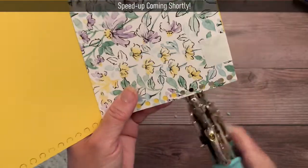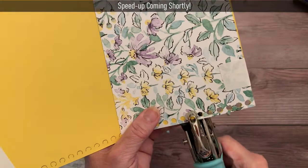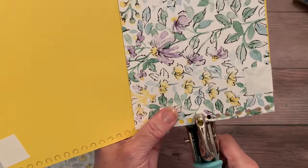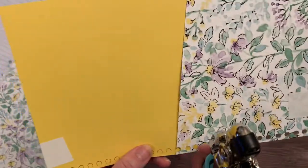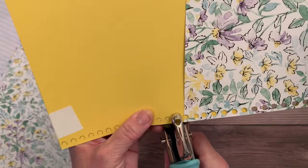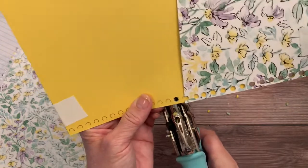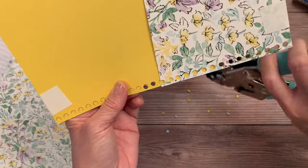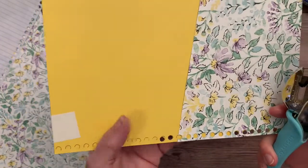And I'm not going to worry about all that trash until I finish. And you get the idea about punching these holes. I'll show you a couple more that are up here on the yellow itself and where I've marked them to give you a little bit better visual away from that designer series paper. And again, this is a little bit forgiving, so if you happen to get a little off of your marked